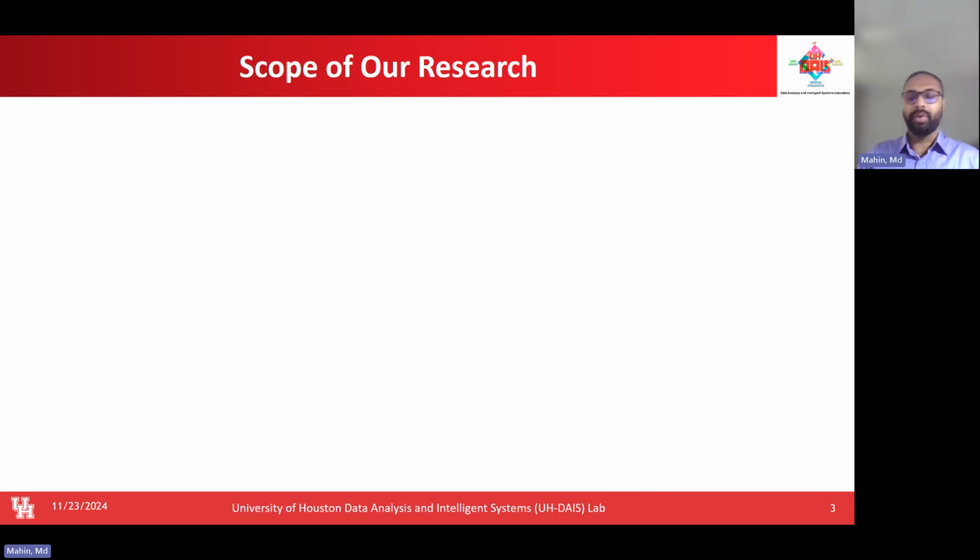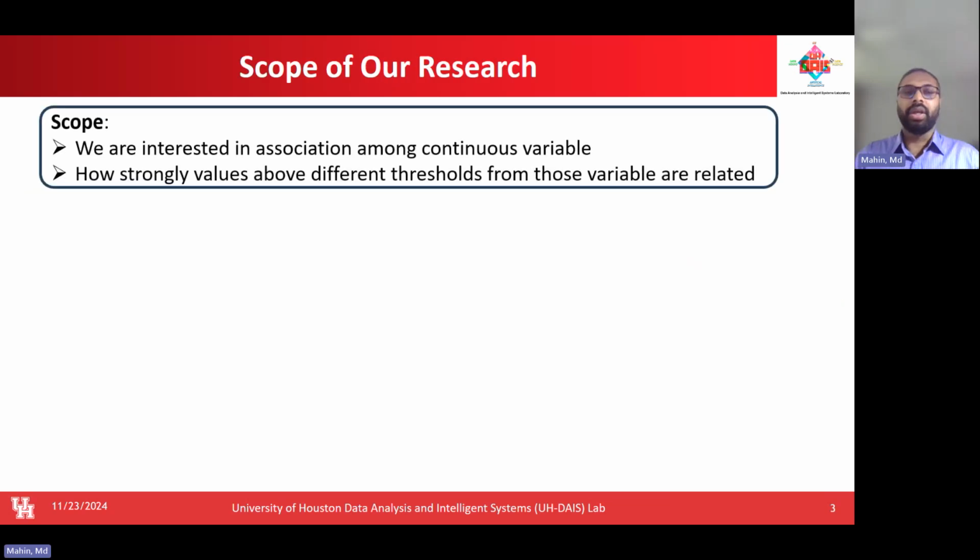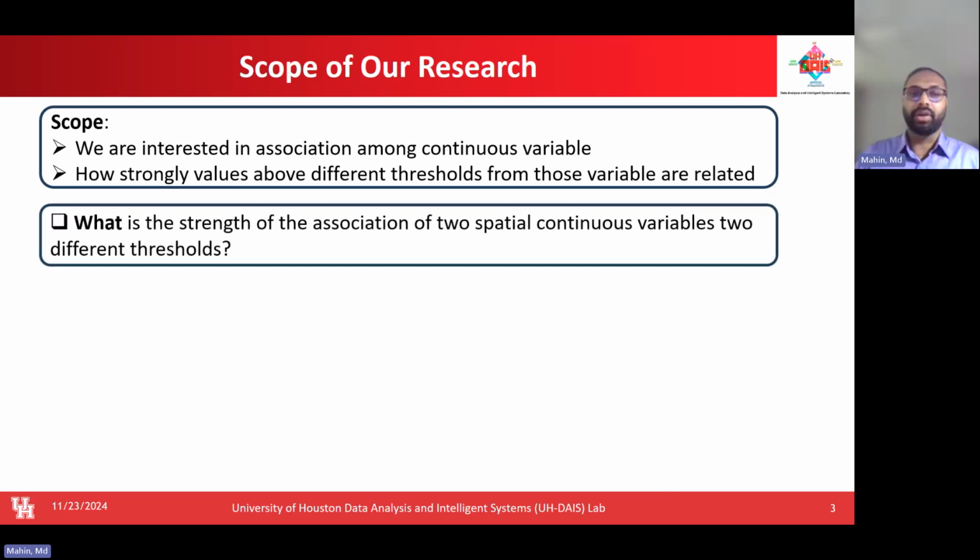So what is the scope of our research? Actually, we are interested in finding association among continuous variables, more precisely spatial continuous variables. And we are aiming to find how strongly values above certain thresholds from different spatial continuous variables are related. For example, we are trying to answer the question of what is the strength of values above two thresholds from